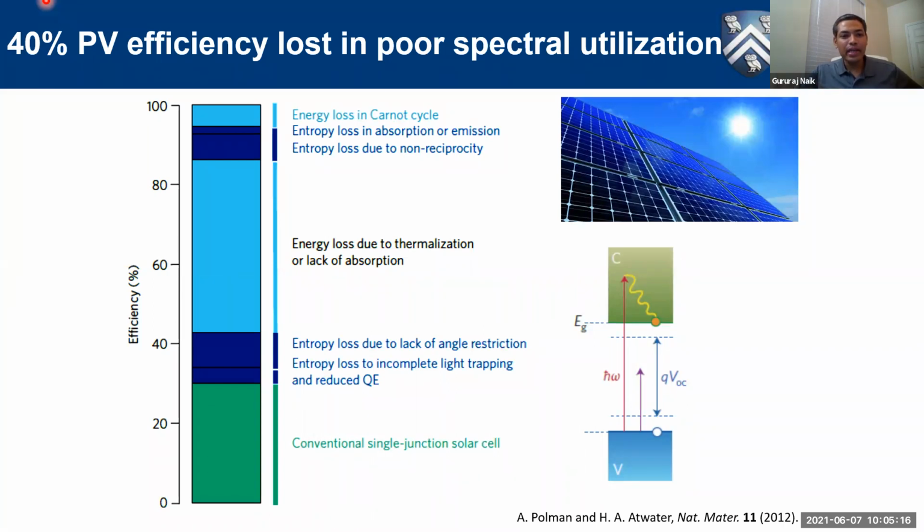So why don't we get that high efficiency? Where are we losing it? What's causing this problem? Okay, so this is where a lot of motivation for my research comes from. To analyze the situation, let's just take a gallium arsenide solar cell, a single junction solar cell, where the efficiencies are close to 30%. Okay, so that's this green portion in this bar diagram.